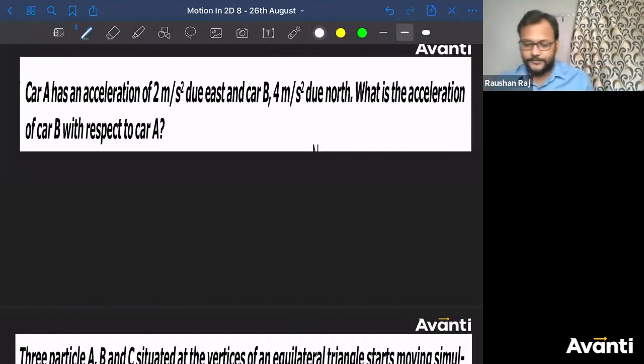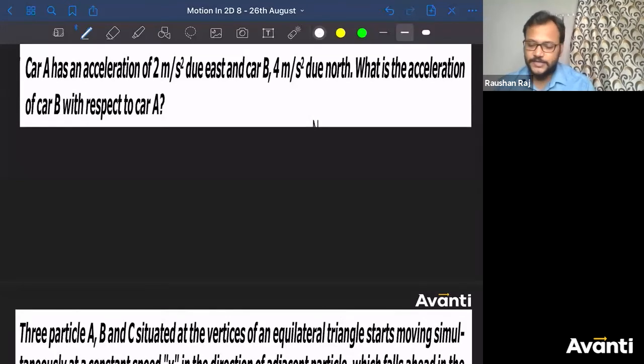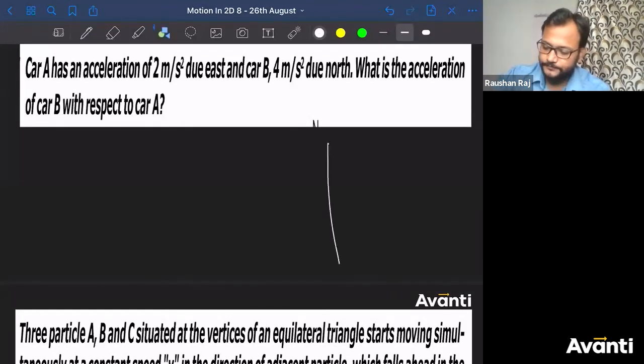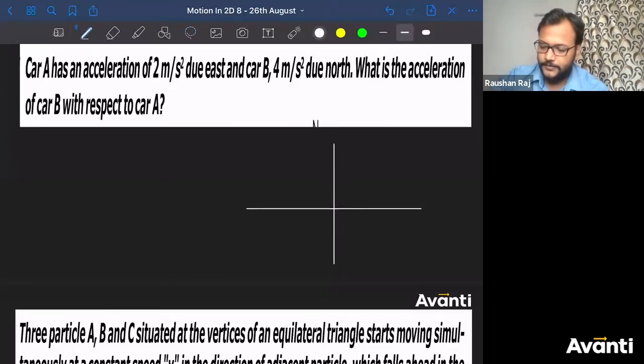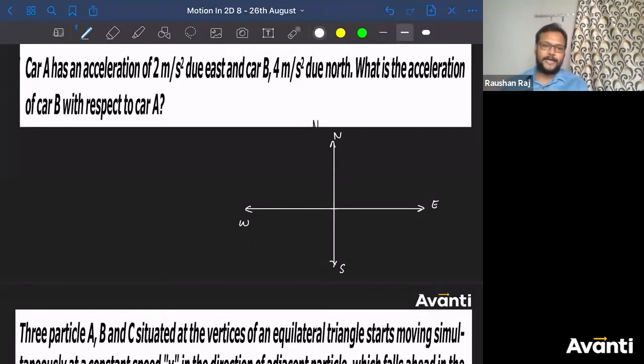See, children, first of all define the directions. North, east, west, south, we define all of them. This is north, this is east, this is west and this is south. Okay. Tan inverse 2, I think that is the answer, but with respect to which direction, that angle with what, that is necessary to tell.